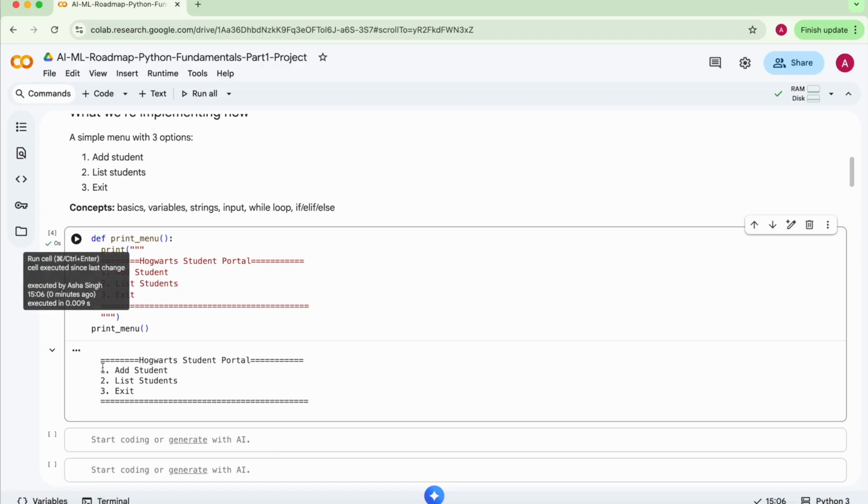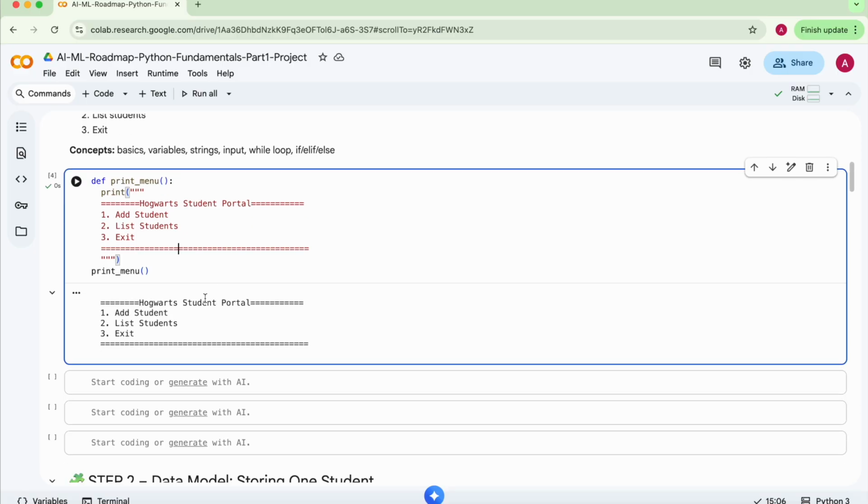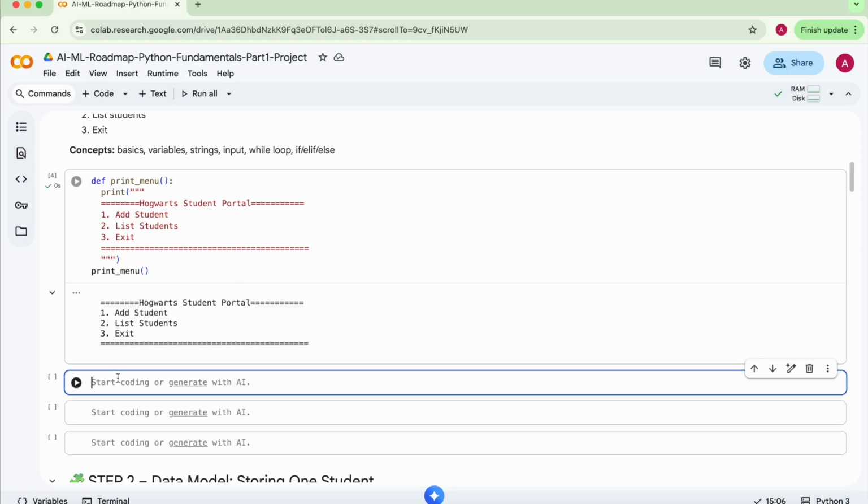So if I select 1, it will give me the option to add a student. If I select 2, it will give me the option to list a student and exit, right? If I click 3, it will exit. Okay, so let's now create a main function. Okay, so how we can define it is something like def main, and